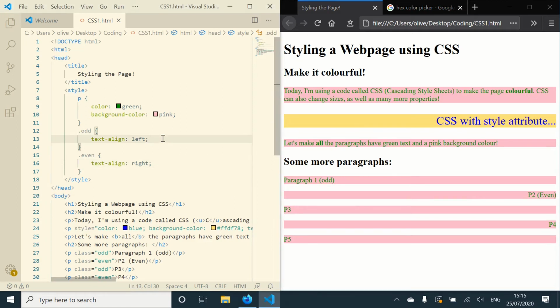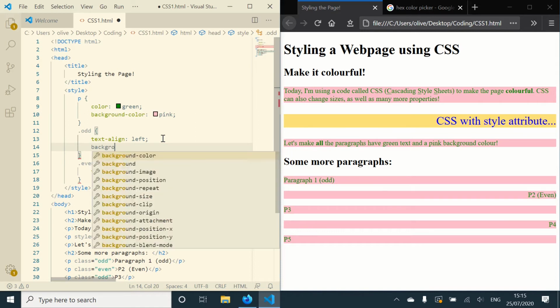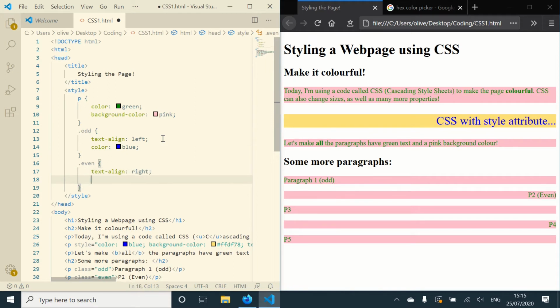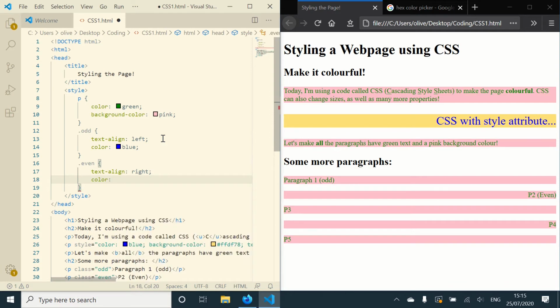Okay. Let's also make the odd ones have a background colour. Or colour, yes, I'll do colour of blue. And the even ones have a colour of gold. You can see how I'm indenting the CSS code to make it easier to read with the spaces before each line. Okay, that gold looks a bit light, so